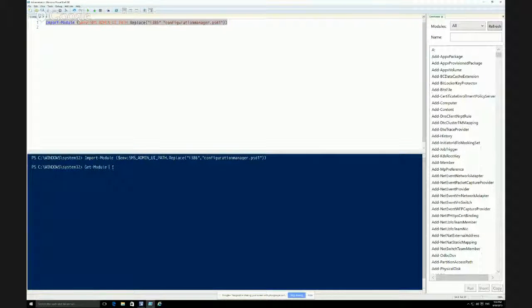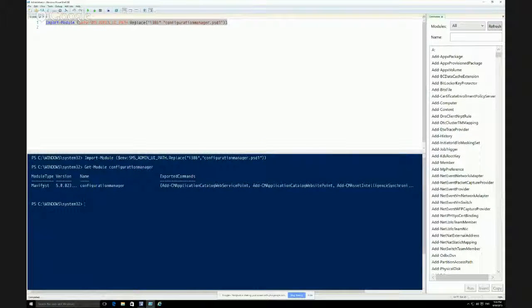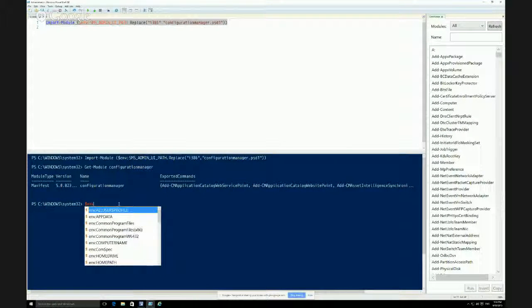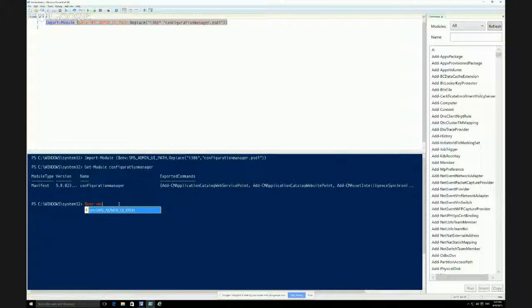Then we can run Get-Module configuration manager, and we'll see that the module's loaded using a manifest. The $env is the environment variable, and you'll see here using IntelliSense that we can select all the different objects. In here, we're going to select the SMSADMINUIPATH, and you'll see it's bringing back this big long path under Program Files of where the admin console is. So if we go Set-Location